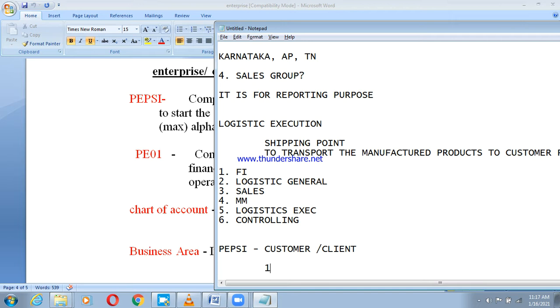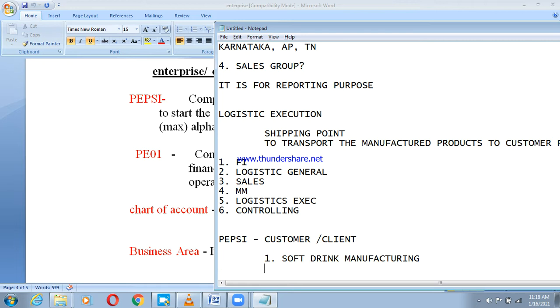two kinds of business. Number one is they are into soft drink manufacturing. Another one is they are into mineral water manufacturing. Okay, so soft drinks,